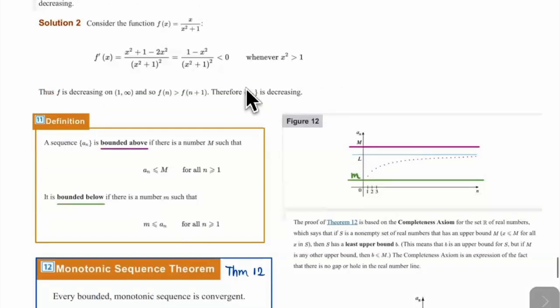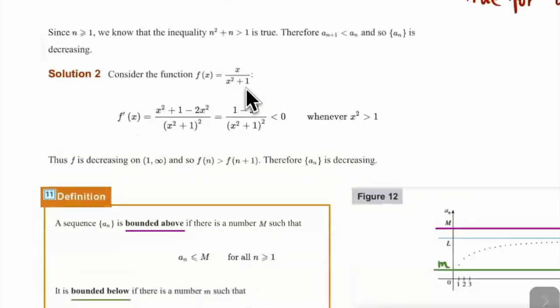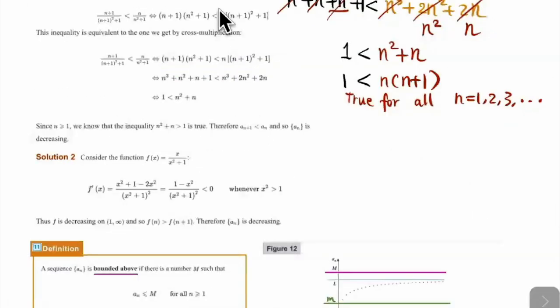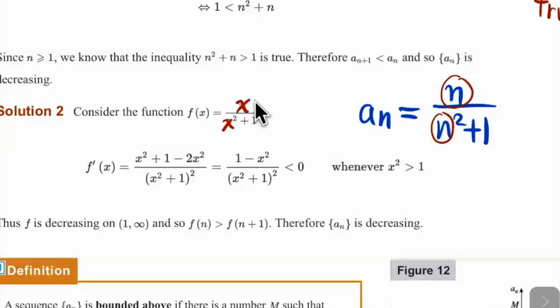Okay, the next one over here. How do I prove this is a decreasing sequence? I can actually prove the related function is decreasing. I have a_n equals n over n squared plus 1. If I replace the n here by x, then you have this function. If I show that this function is decreasing, then I'll be able to show that this sequence is also decreasing,